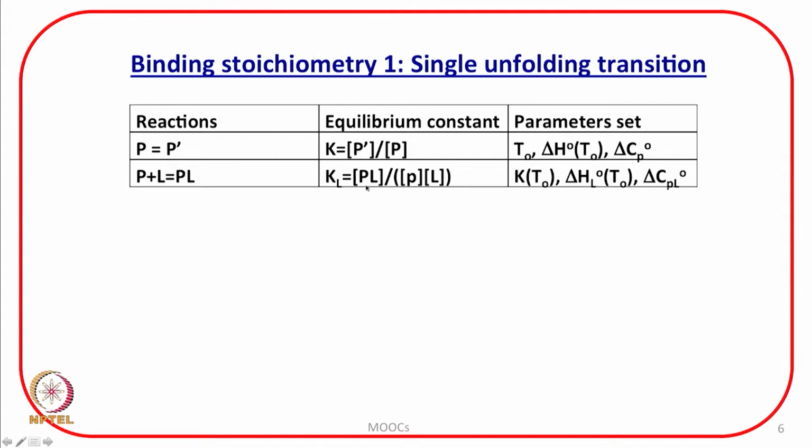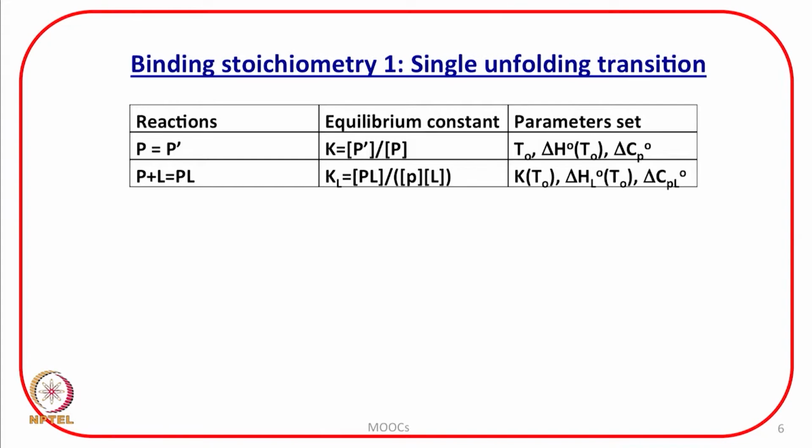KL is equal to the concentration of PL divided by the concentration of P into the concentration of L. And we can also get the parameter set: the value of K at T0, delta H L associated values at T0 and delta CpL values under standard state conditions. So, now let us start one by one